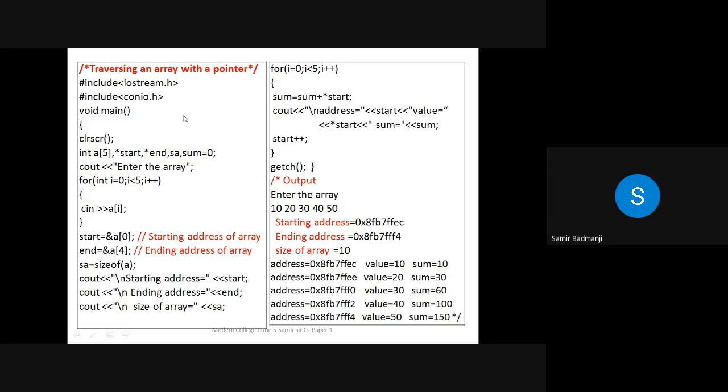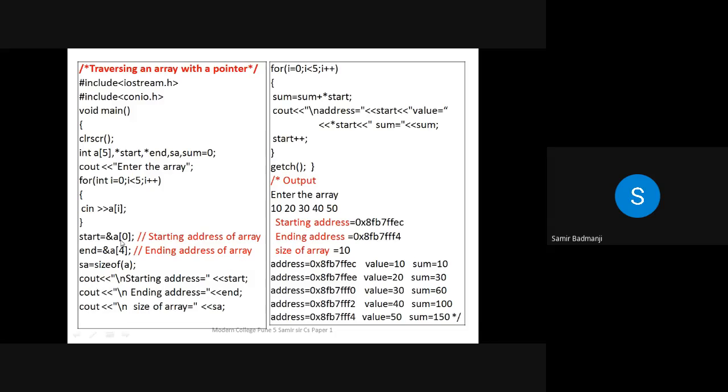So in this program, what we have to do is print the starting address of the array and the ending address of the array. So basically, a pointer is used to store the address of any variable. So whenever you write ampersand in front of a variable, that means what? For A of 0, the first element, the address of A of 0 will be stored and not the value of A of 0. Okay. So what is a pointer? A pointer is a variable which stores the address of another variable.